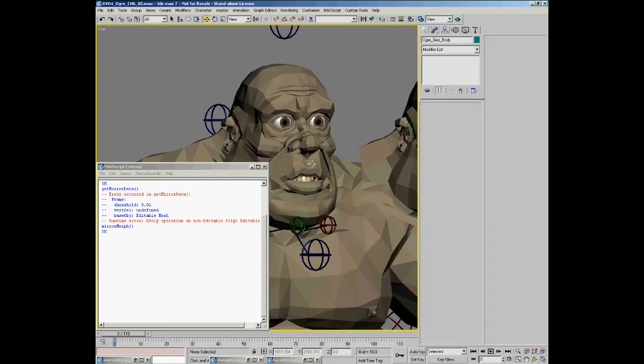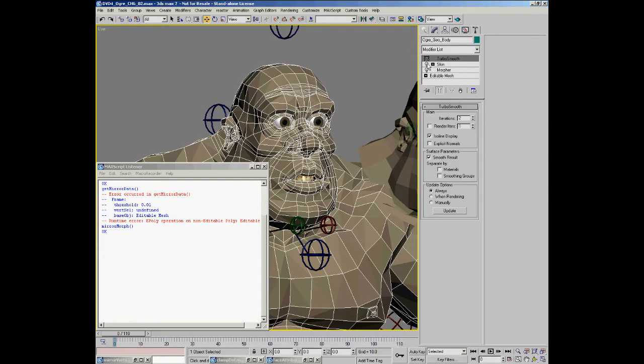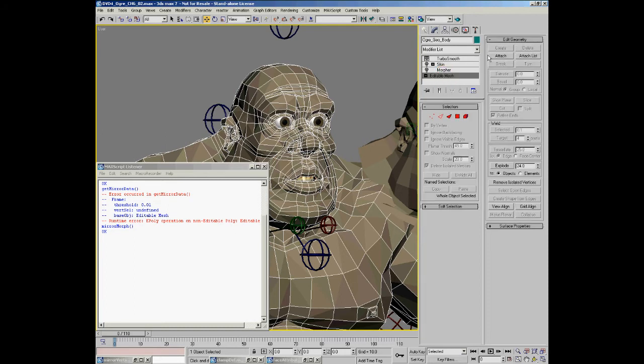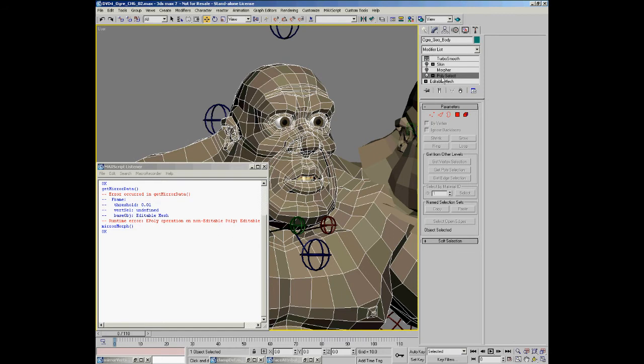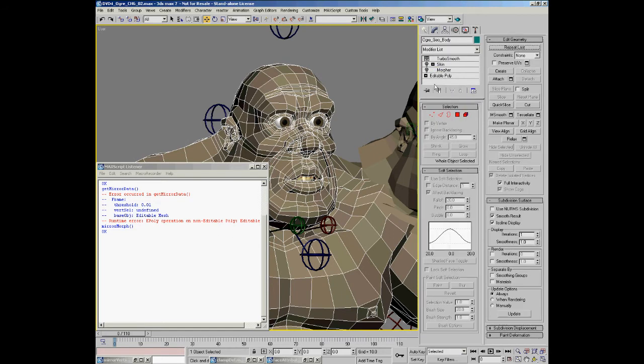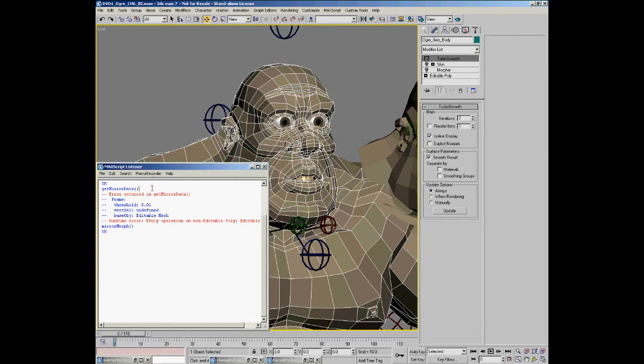The other thing you have to make sure is that you're at frame 0 and the head isn't morphed or being pulled by skin or anything, so you might want to turn off morpher and skin and make sure that nothing is changed about the model. So I'm also going to change the base model. I'm just going to add a poly select right above the edit mesh and then collapse to it. And now when we run this,